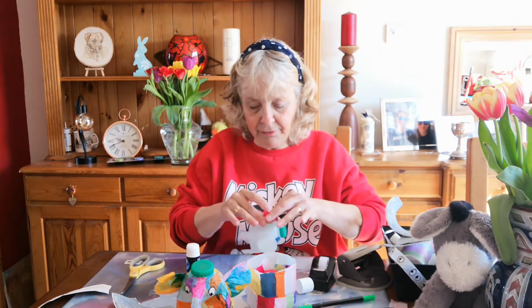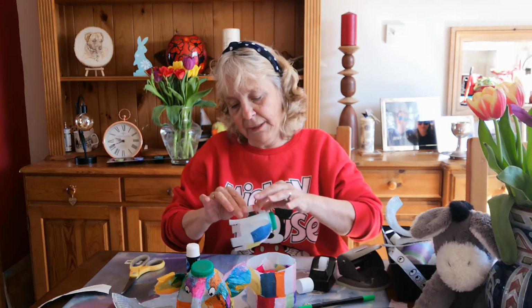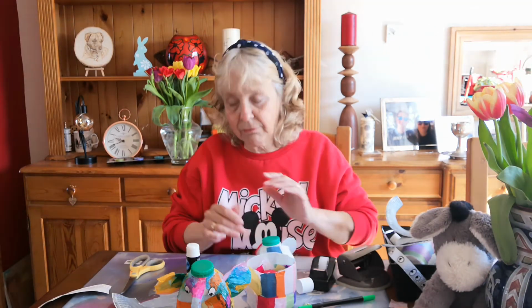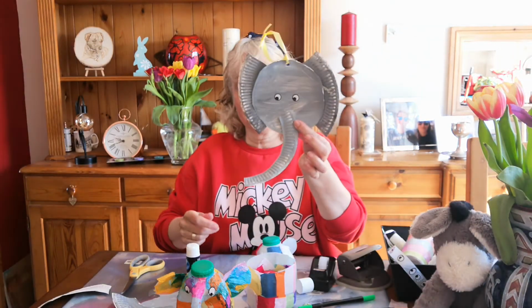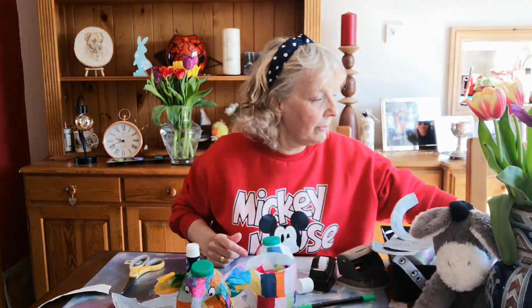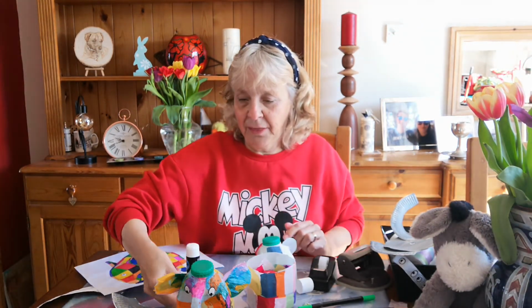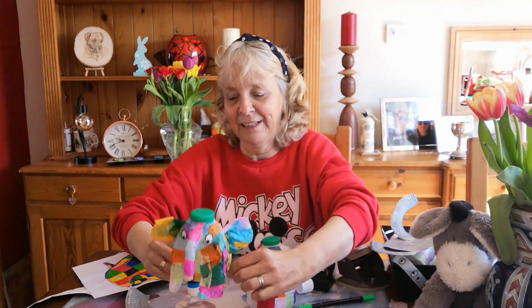So we've got 3 different elephant crafts that you can do today. Don't forget, you can be imaginative. I think you could make elephants out of kitchen rolls and things like that. I look forward to seeing the different things that you've done. You can paint one for me, maybe draw a picture of one. So don't forget, the first elephant is like this out of a paper plate. And then we've got the colouring elephant, which there are lots of them online. And then we've got the rather complicated one made out of a milk bottle. Okay,